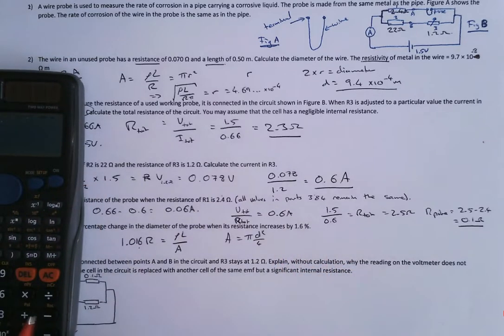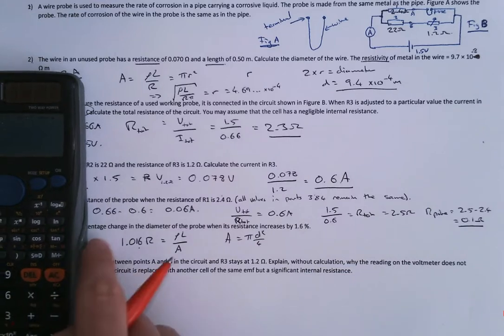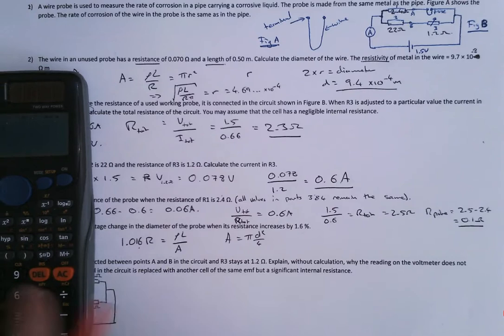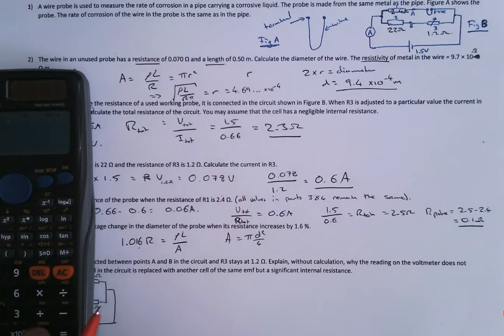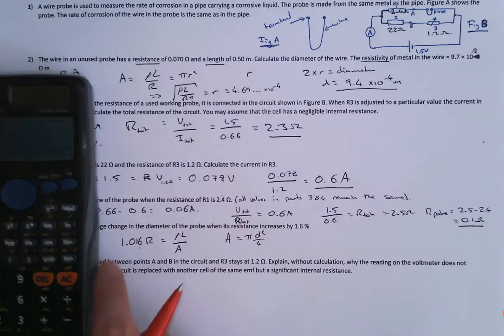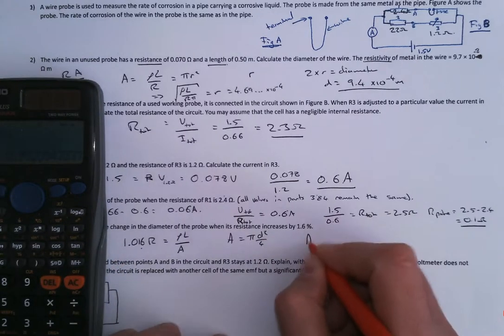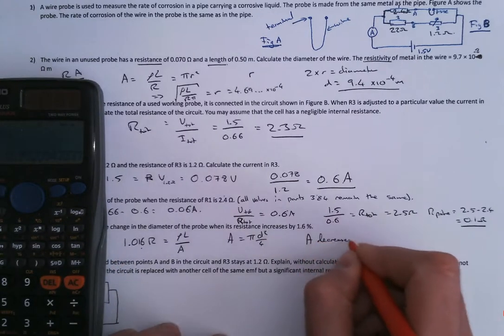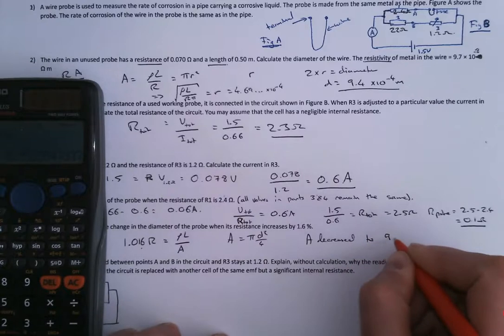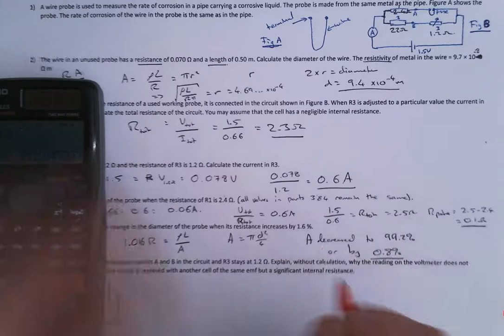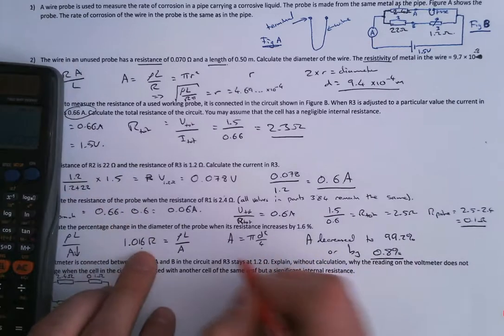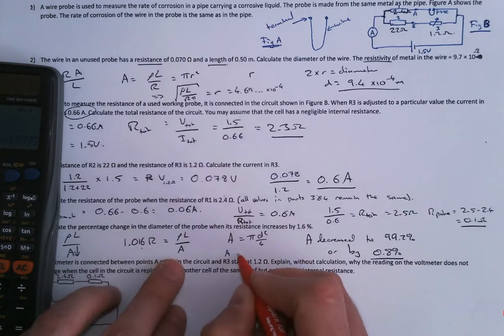1.016, so it should be the square root of 1.016, and then 1 divided by that answer, you end up with that the area has decreased to 99.2%, or by 0.8%. So what we're saying is the area has decreased